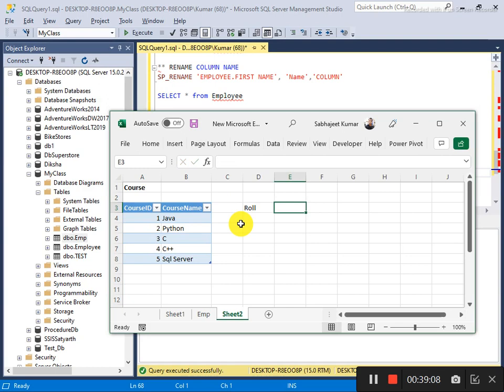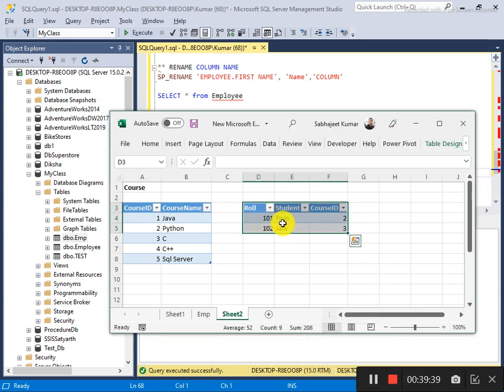Then the student table has the roll number, student name, and course ID: 101, and 102, Jack, who has been enrolled for courses 2 and 3.